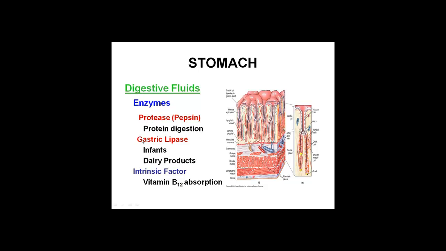There is a gastric lipase. It seems to be more important in infant digestion than it does adult digestion, and it mainly deals with dairy products. But there is some that is produced by adults, but it's not very effective, really, and so basically it doesn't do much. So I guess for exam purposes, we're going to say that there's no lipid digestion in the